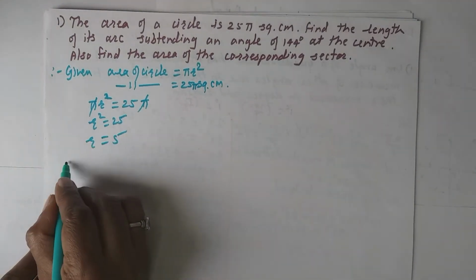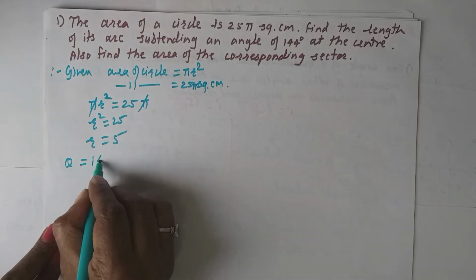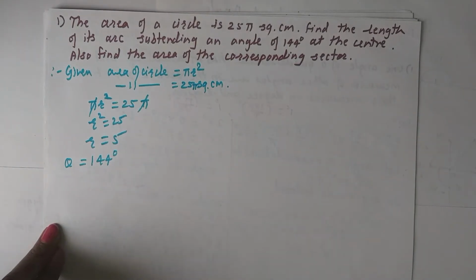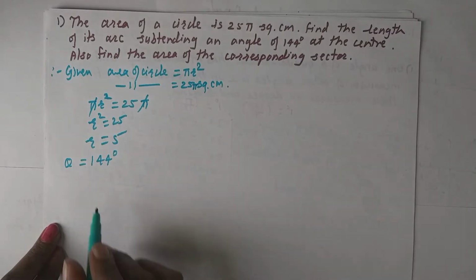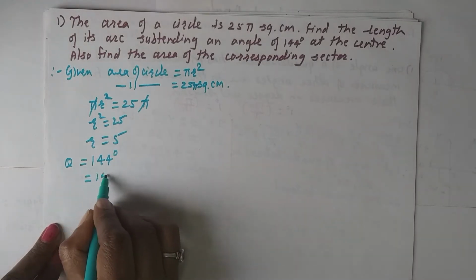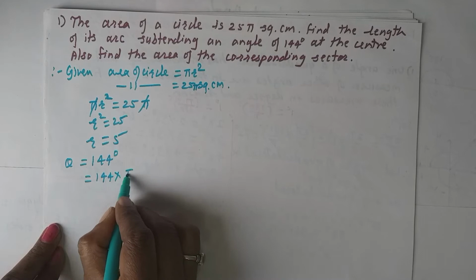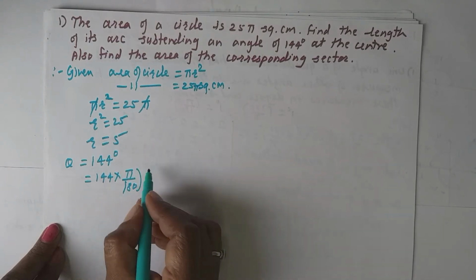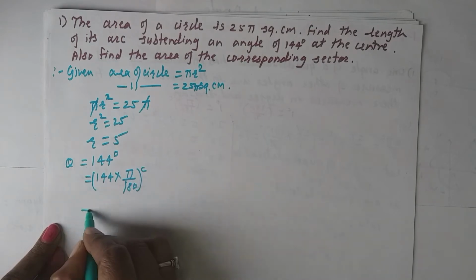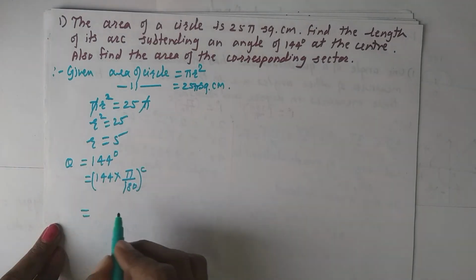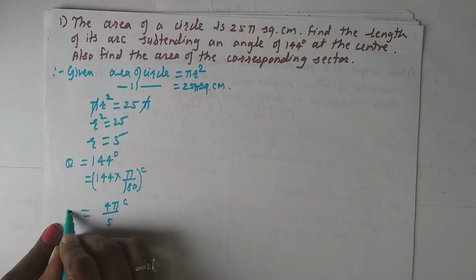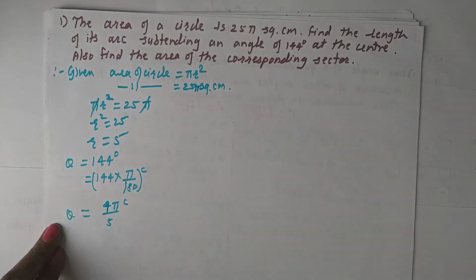Then what is given again? Here theta is given 144 degree. And again you remember that if theta is in degree, I have to convert that theta into radians. Therefore, you multiply this angle by pi by 180 degree, then angle will get converted into radians. Then how many radians is it? It is 4 pi by 5 radians. In this way, I have got angle in radians.